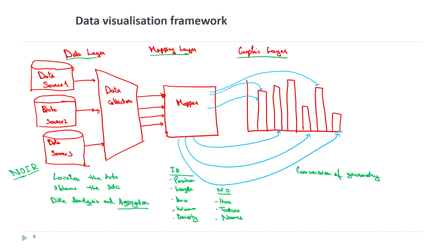So, here the conversion of geometry into display, which means we try to select the charts